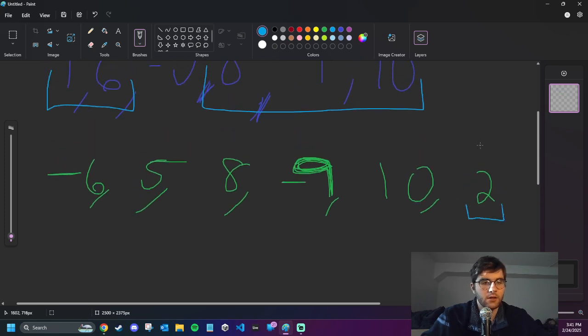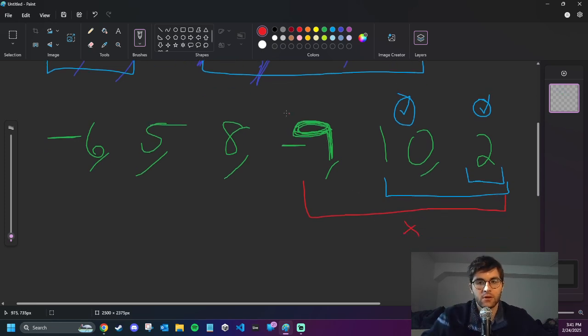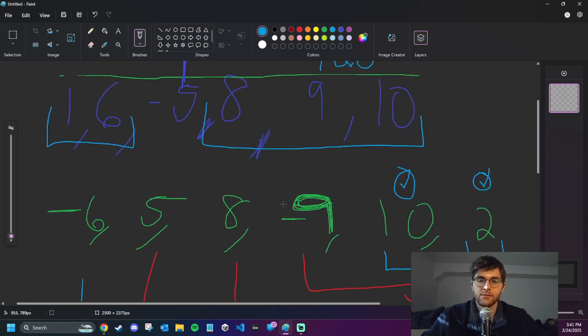This is valid because it has 0 negatives. This is valid because it has 0 negatives. This is invalid because it has 1 negative. Same with this and this. Now this is valid again. Okay, so let's reduce our problem size by half and say that,